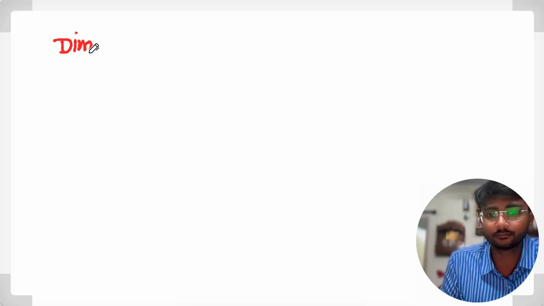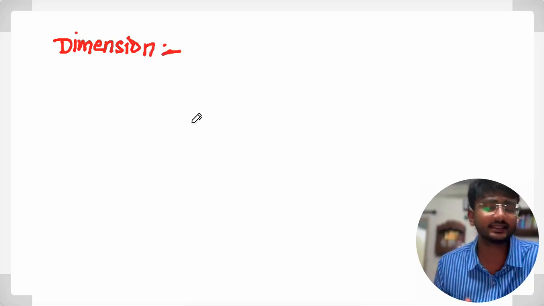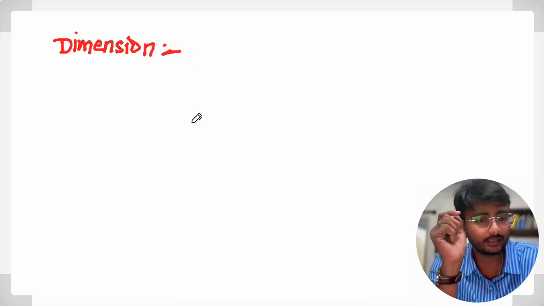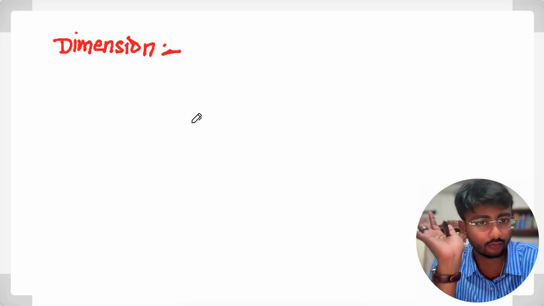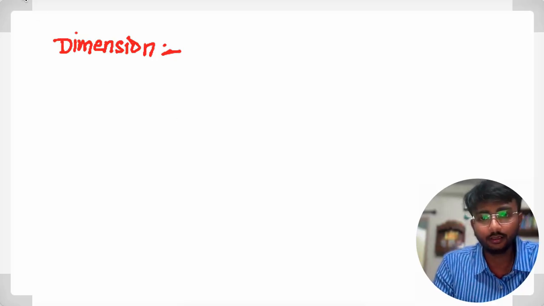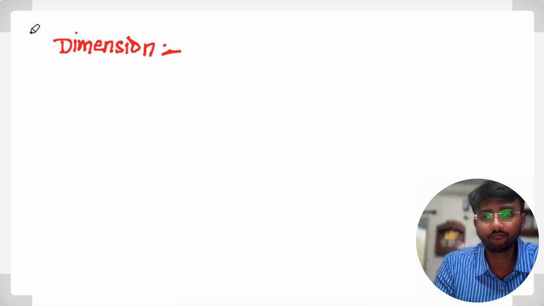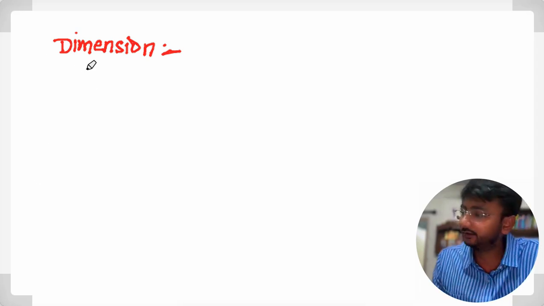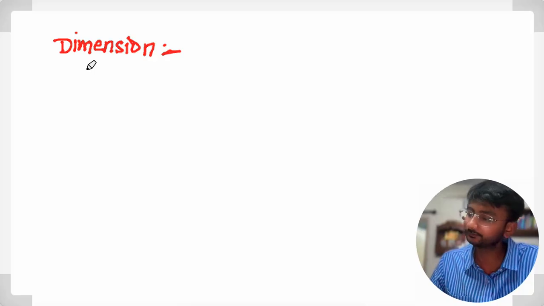Now let's understand what is dimension. Dimension is nothing but the way to represent any physical quantity. It is the way to represent any physical quantity. So how can we define dimension? So we can define dimension as